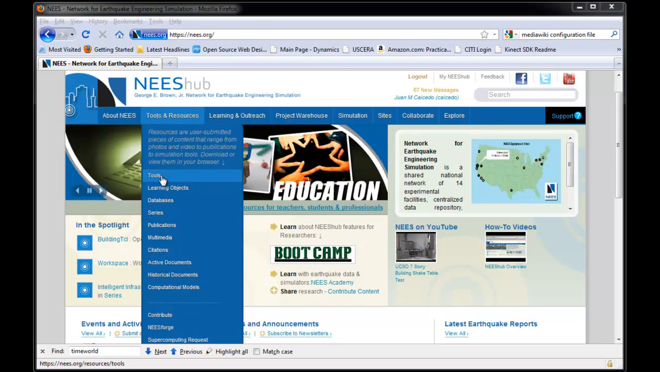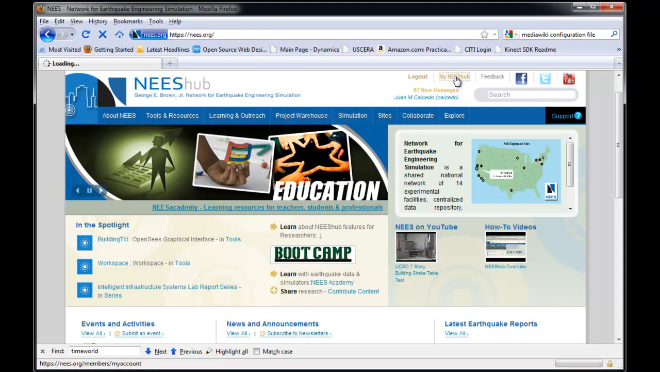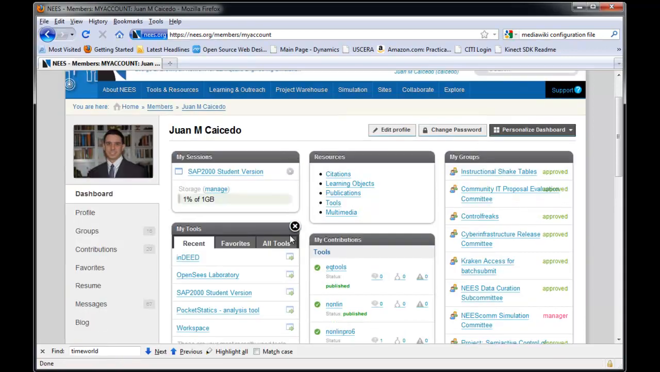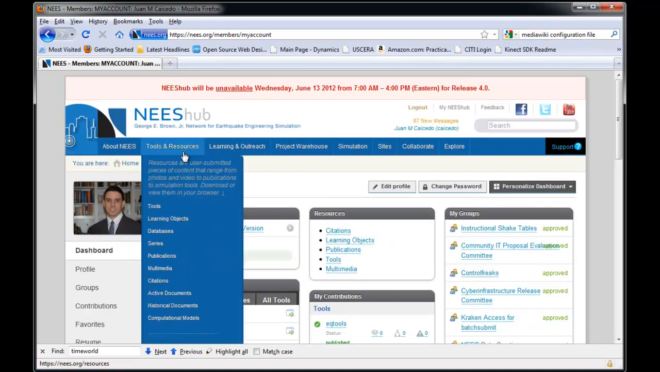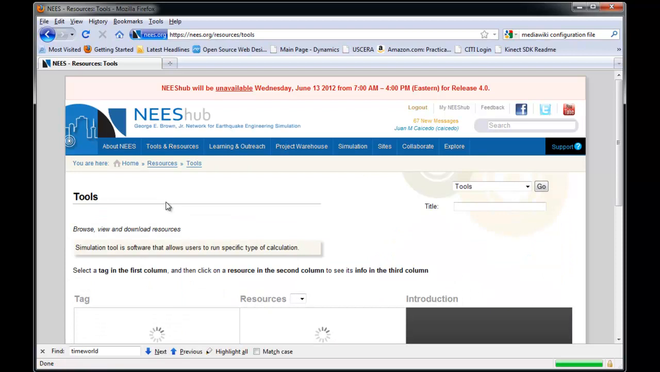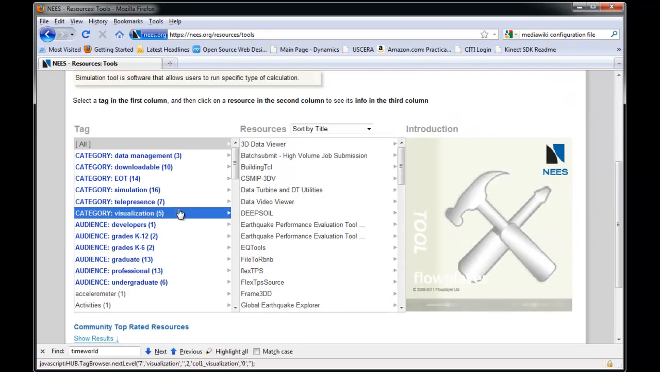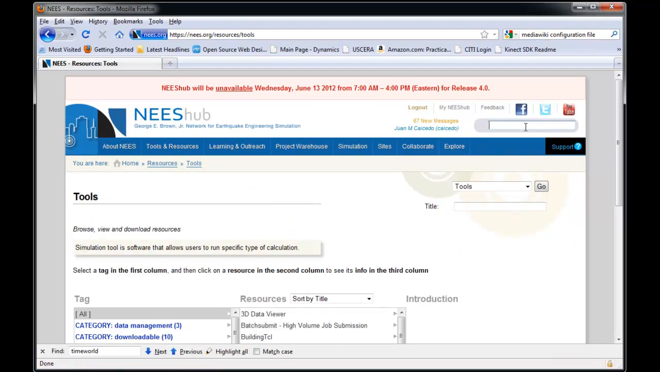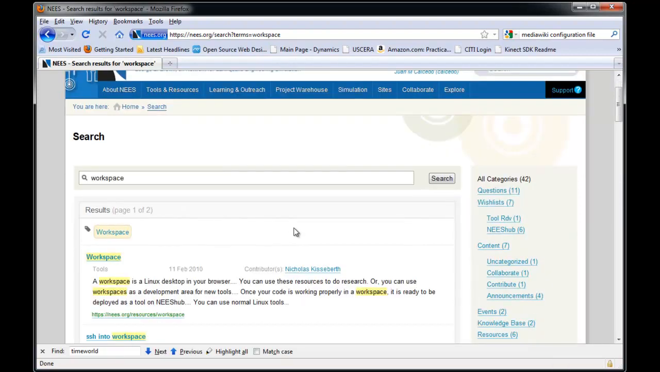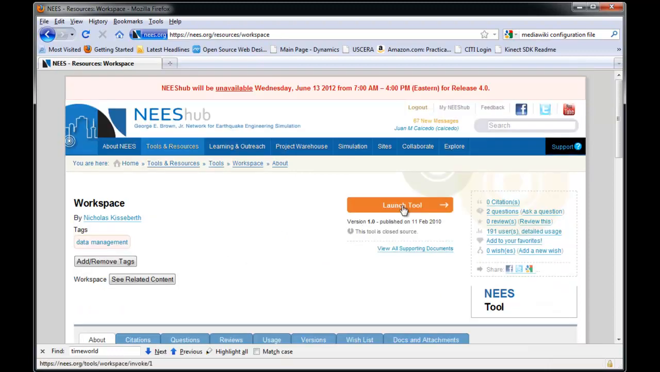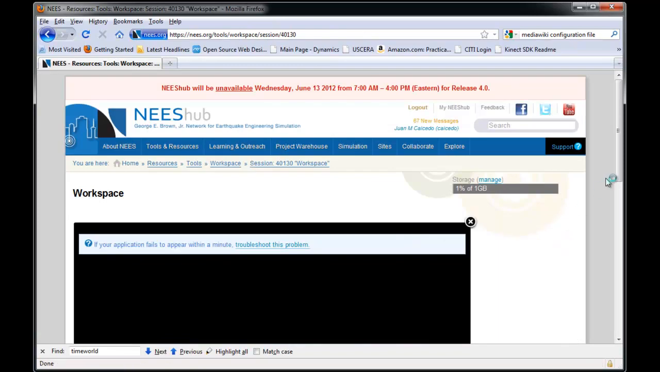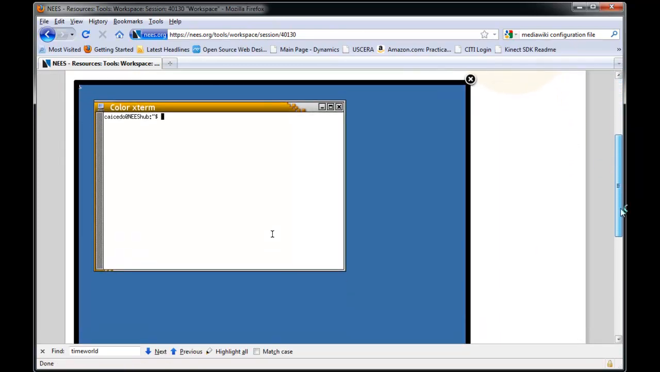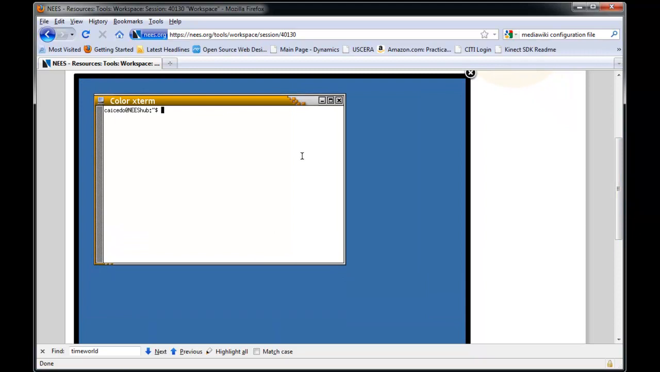One way to do it will be to go to your NEEShub and to look at the workspace, which is one of the tools. I have it here as one of the tools. And there should be another way: you just look for workspace and just launch the tool, right? And what is going to happen is this new window that has opened in the web browser is a session